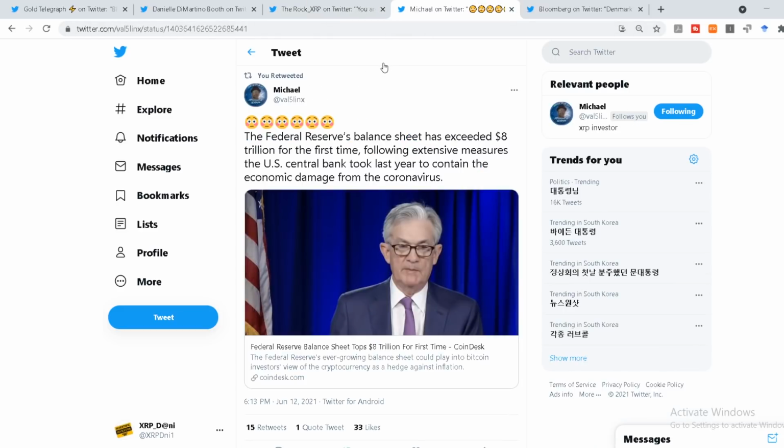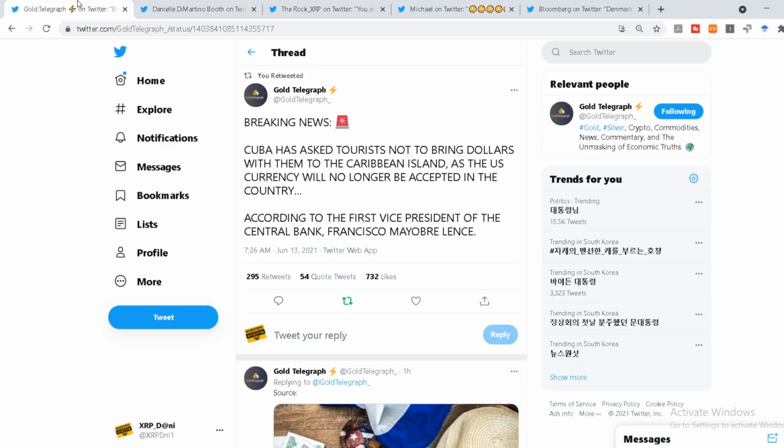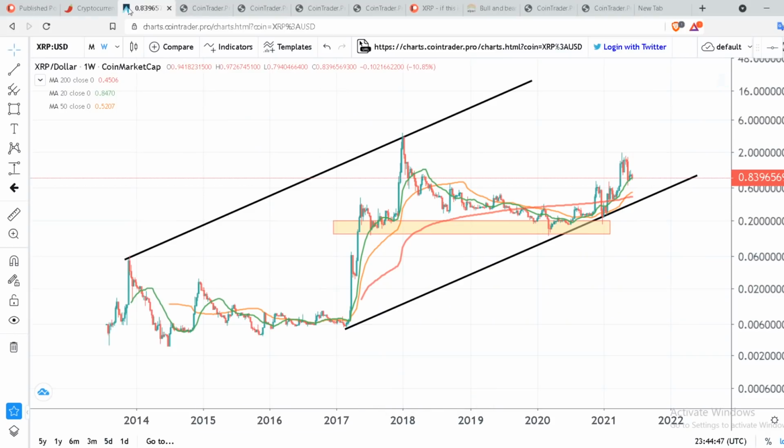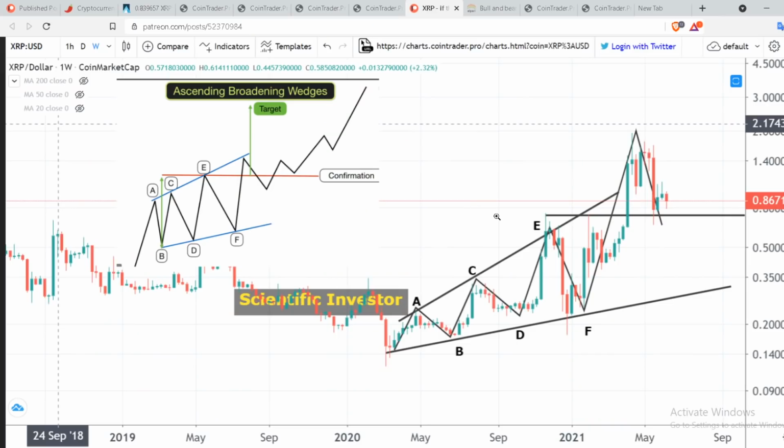Here the Fed is talking about printing another, a total, now the balance sheet is like 8 trillion and they're still looking to stimulate the economy. And worldwide, when you see these kind of stuff, that's a red flag. Countries now come out and started saying, we don't want dollars. If you have a ton of dollars, that's a caution for you. And in this market, when you can make money, you can consider these assets in your portfolio. And especially XRP, when it is showing you this.